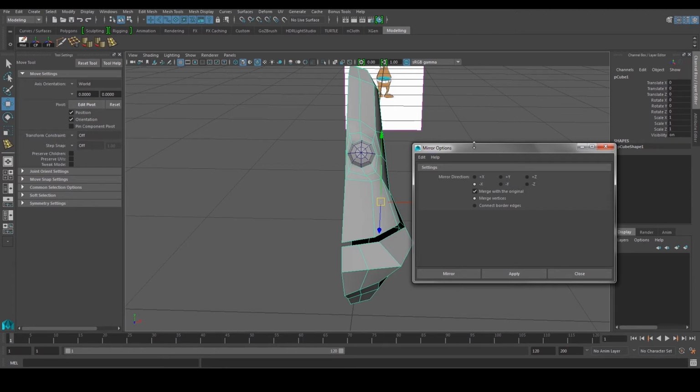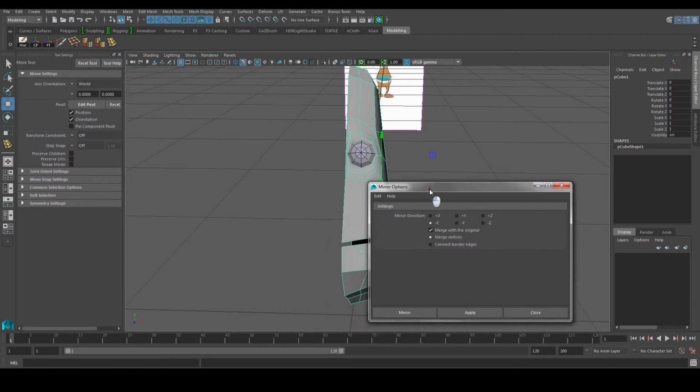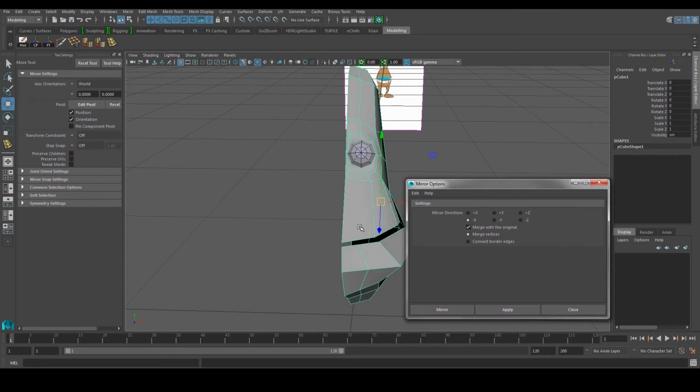As you can see, my current model is on the x axis, on the right side, so that means it's on the positive x. But I want to mirror this side, so therefore it has to be negative x.